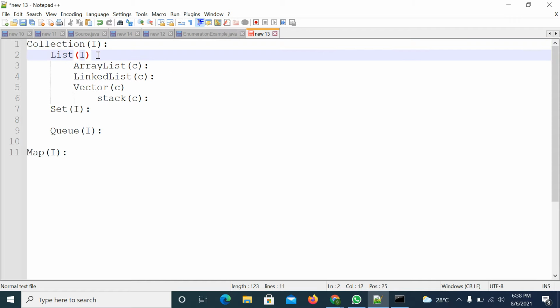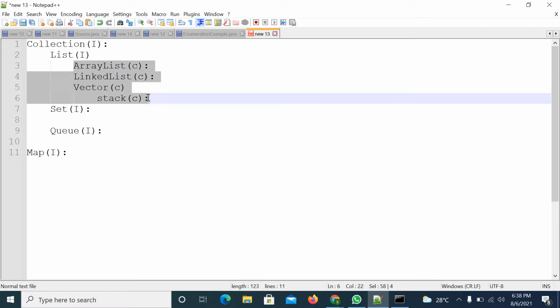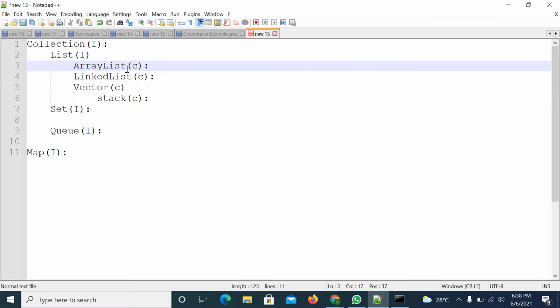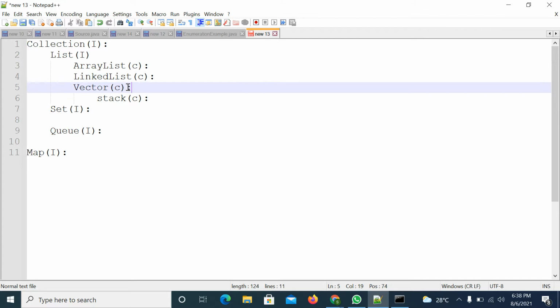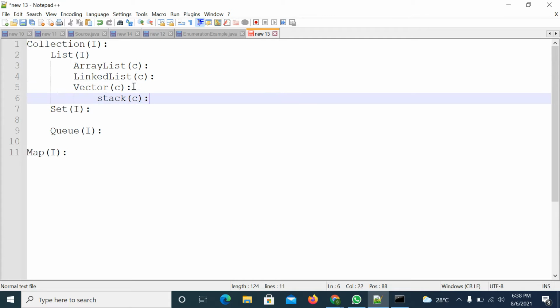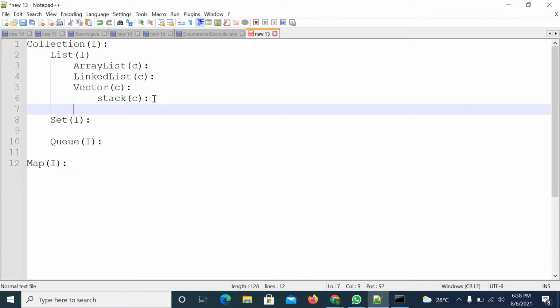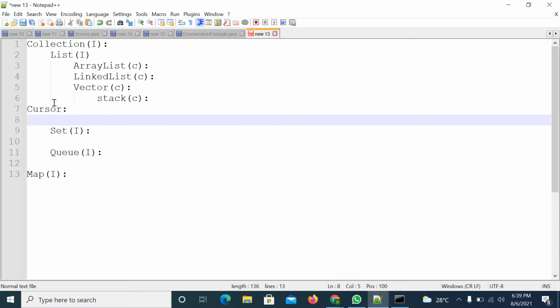In the previous classes, we covered what are the collection interface methods and the list interface methods. After that, we completed these classes, right? Array list class and its own methods, linked list class and its own methods. In the same way, stack class and vector class and their own methods with examples. After that, we covered three cursors. These are not collection interface related. To retrieve the collection interface data one by one, we can use the cursors, right? So cursors are three types: